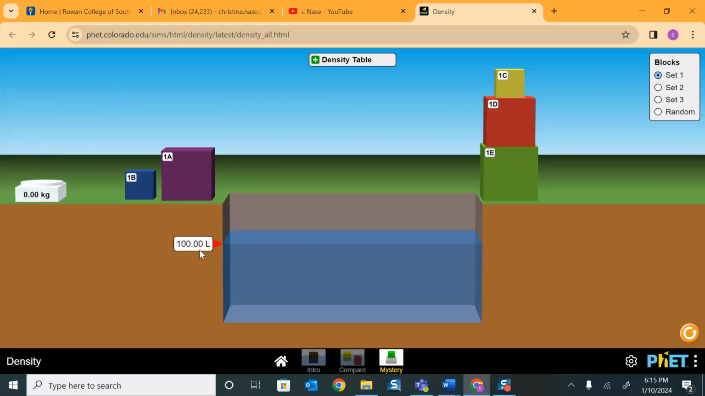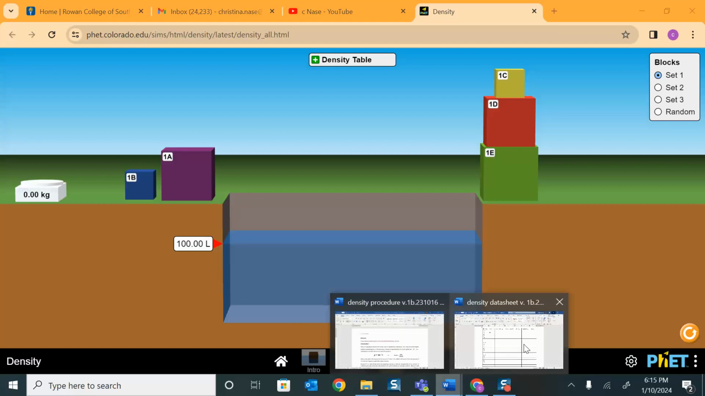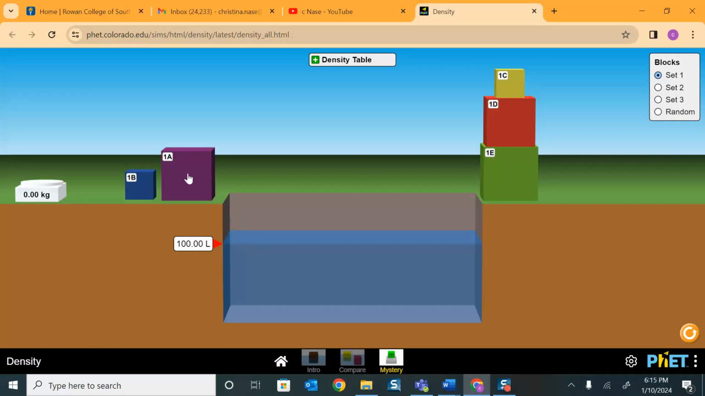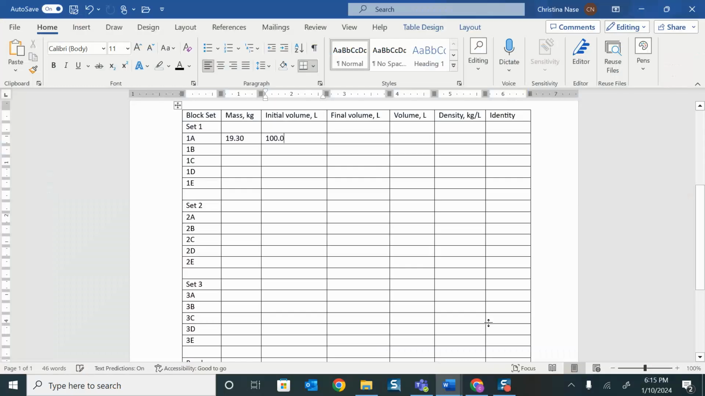So my initial volume is 100 liters. I'll record that as well. Initial volume 100 liters. It's always going to be 100 liters for all of these. It always goes back to 100. And then I'm going to take this block and just drop it in water and see how much the volume goes up. So it goes up to 5.5. So I'll record that over here. My final volume is,